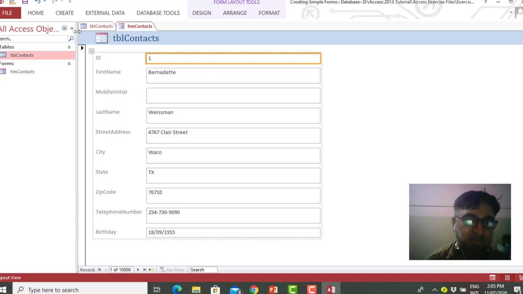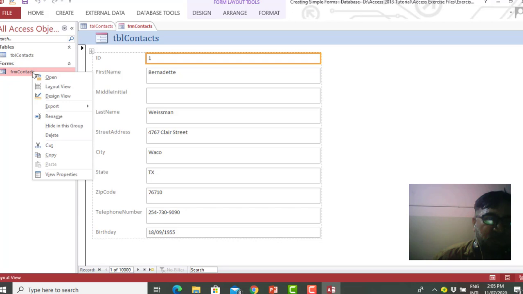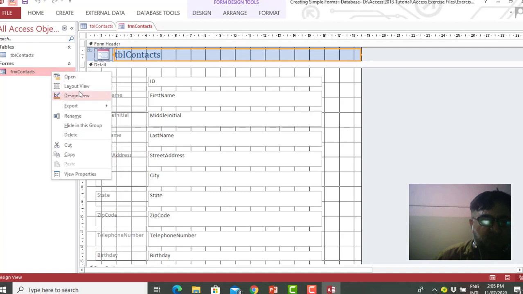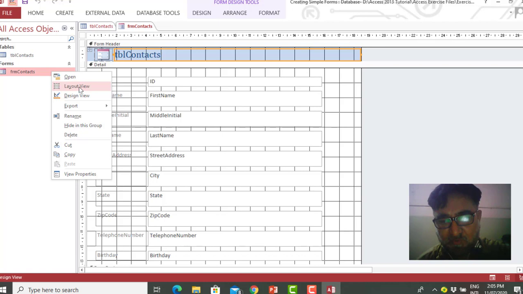We can also view this form in design view like this. We can also view this form in form view.